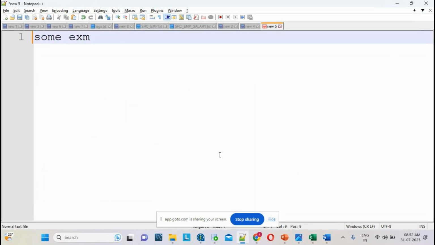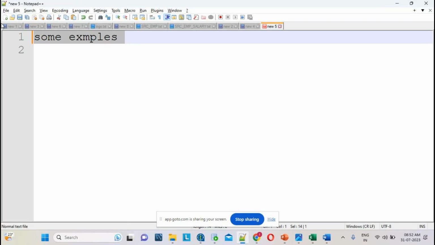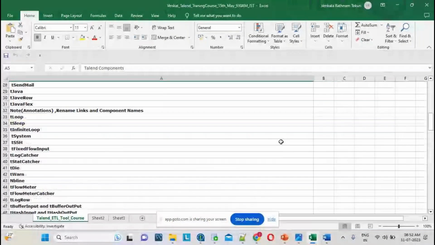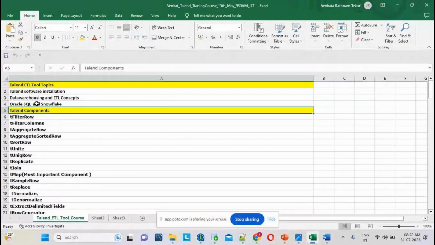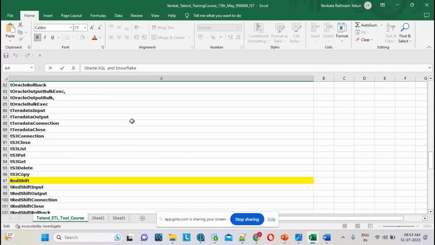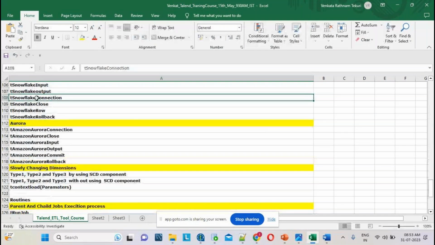Sir, along with Talend, are we going to cover SQL or MySQL also? Yes. So in this course, that's what I have shown you, right? We'll cover Oracle, SQL. Snowflake is also a separate course, even though we will cover how to connect to Snowflake and how to read the data from Snowflake.